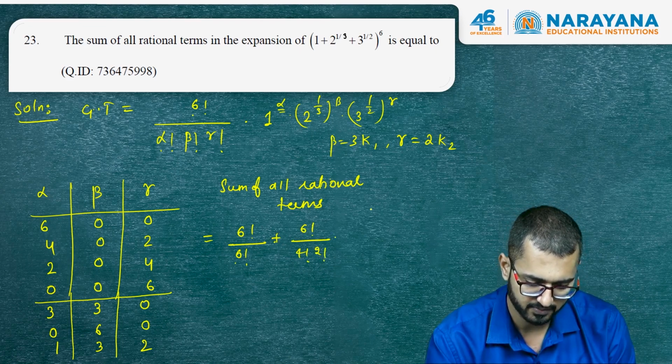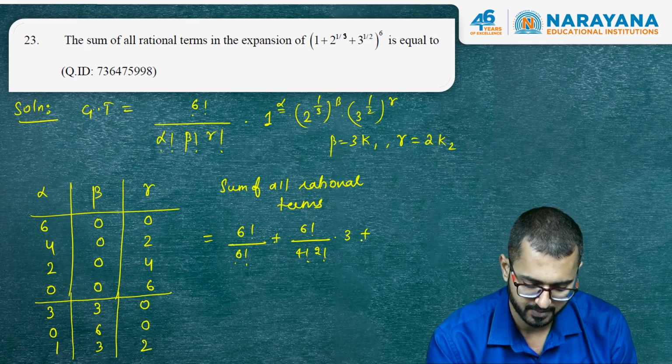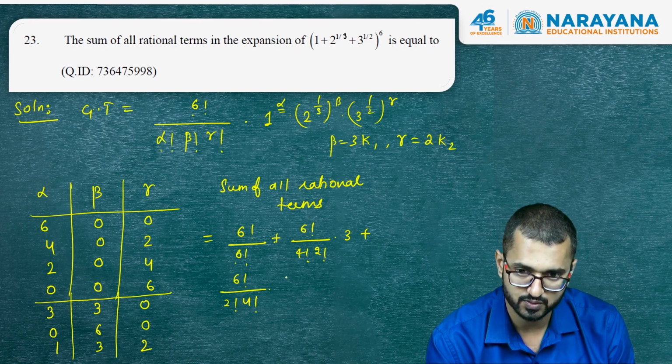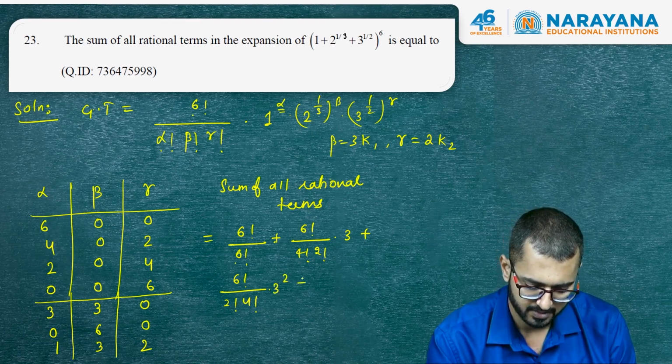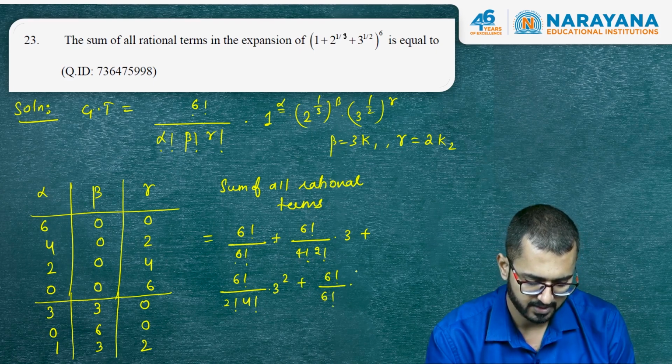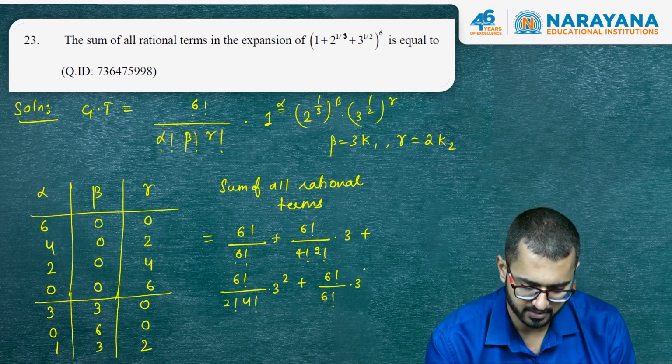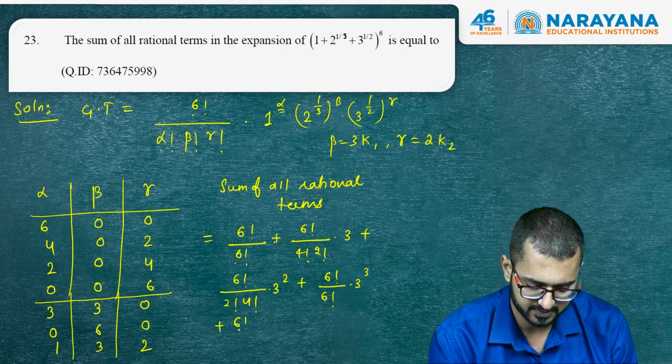Who will be alive here? Alpha, so not required. Gamma is 2, so 3 will be there. Plus 6 factorial by 2 factorial, 4 factorial, alpha is 2, so 1 power not required, gamma is 4, means 3 square would come. Plus 6 factorial over 6 factorial, and this is gamma, so 3 cube would come. Plus 6 factorial by 3 factorial, 3 factorial, so it will be 2 to the power